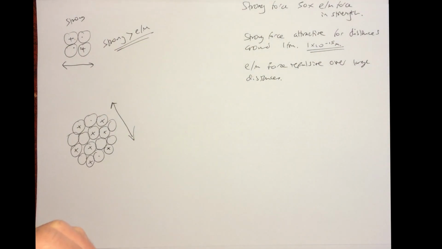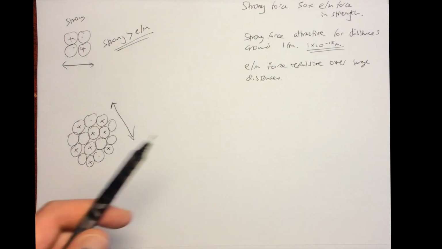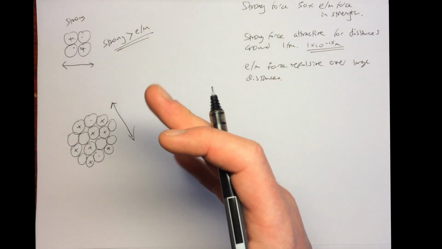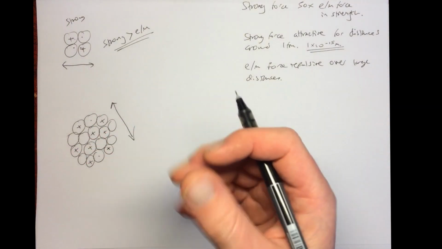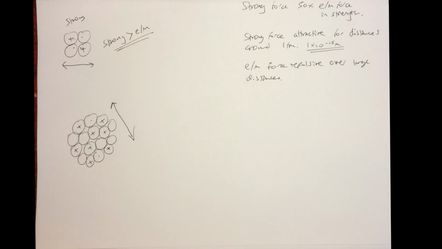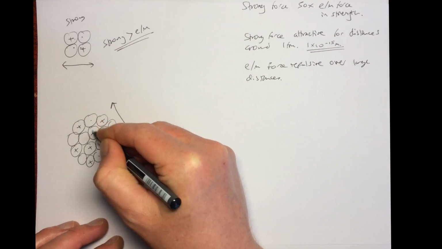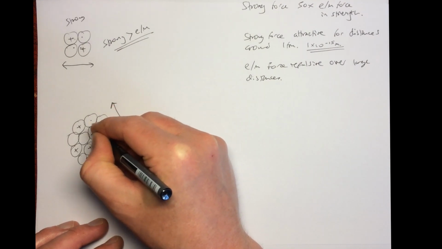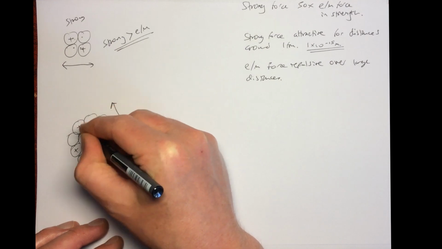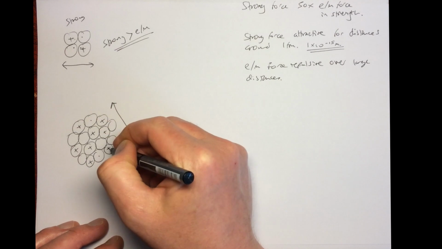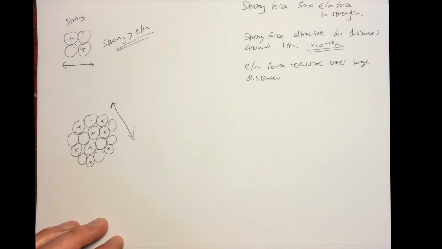So the more nucleons you put in a nucleus, the strong force will increase, there will be a greater strong force overall because there are more nucleons attracting each other. But as the nucleus gets bigger, although the strong force overall increases, the electromagnetic force of repulsion increases more because it can act over larger distances. So these 2 only experience a very small strong force of attraction, whereas these 4 will each attract each other quite strongly. But the problem is these 2 nucleons here, these 2 protons here, are repelling each other with quite a large force. So the electromagnetic force, as a nucleus gets bigger,